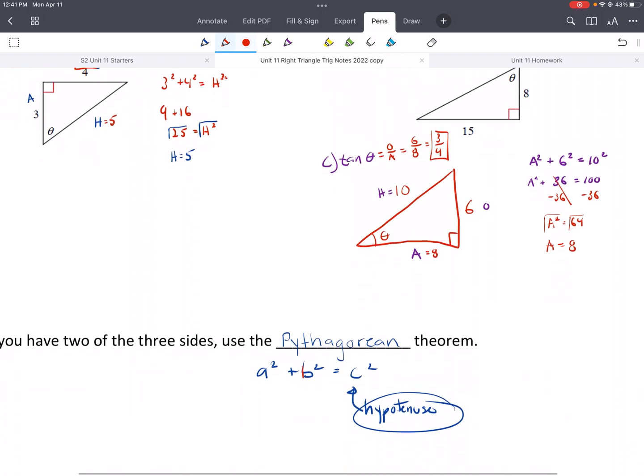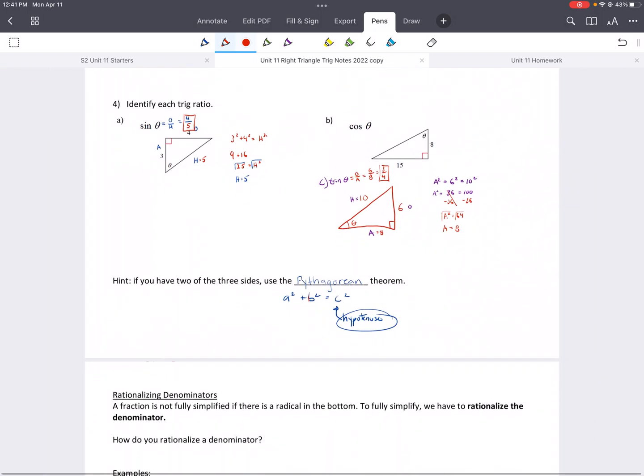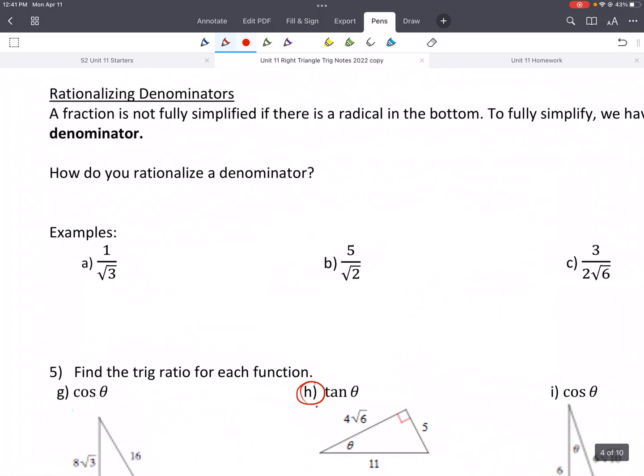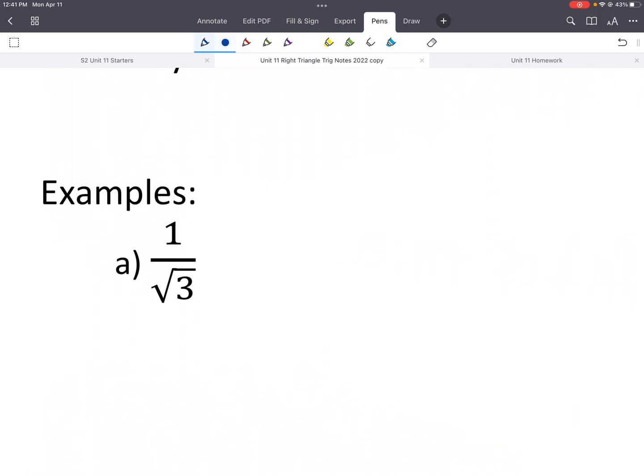All right. Okay. So again, you've done the Pythagorean theorem before, and here we've also covered this before too, rationalizing the denominator. So a fraction is not fully simplified if there is a radical in the denominator, or in the bottom. Okay? If you remember how we do that, to rationalize it we just multiply top and bottom by that square root. And then when we multiply fractions, we multiply straight across. So that's just the square root of 3, because 1 times the square root of 3 is just the square root of